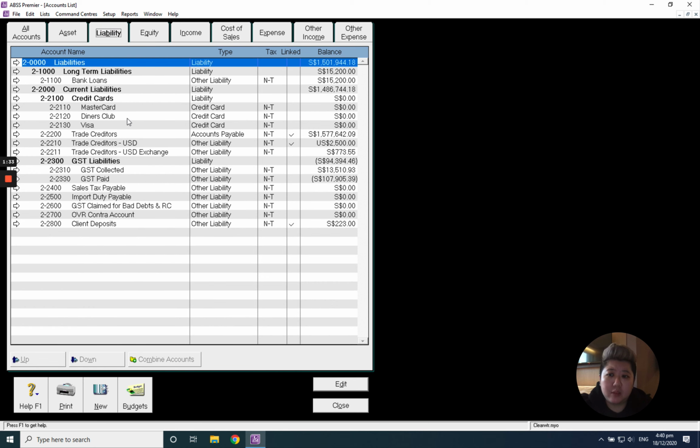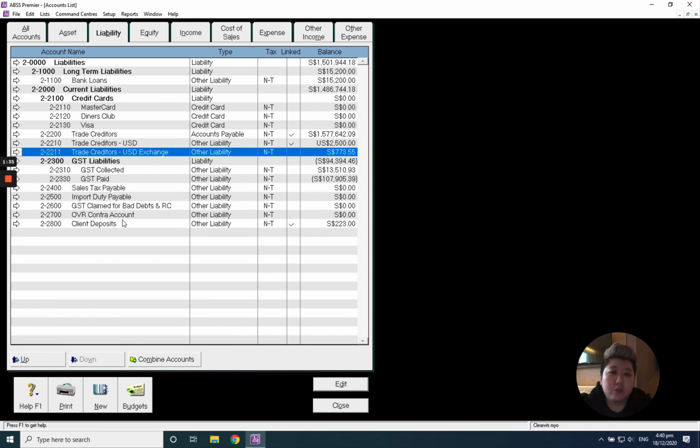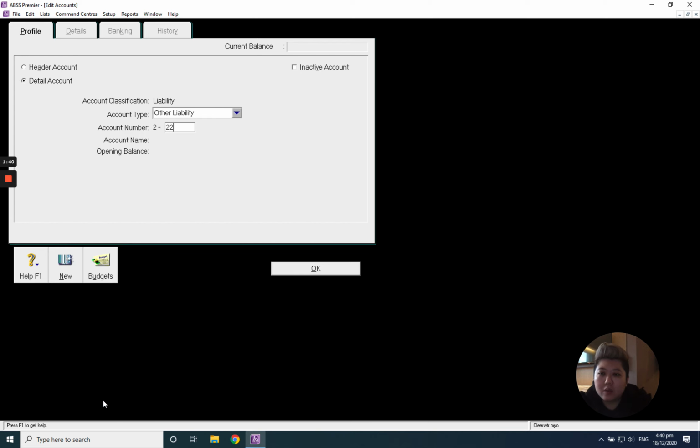You just go to liability. Again, we use the ringgit, so now it's 2220 for the next number. Creditors